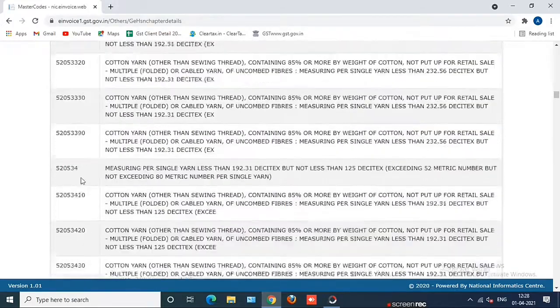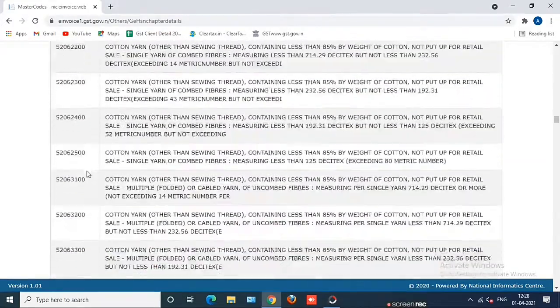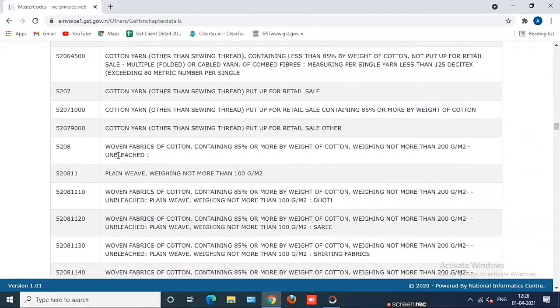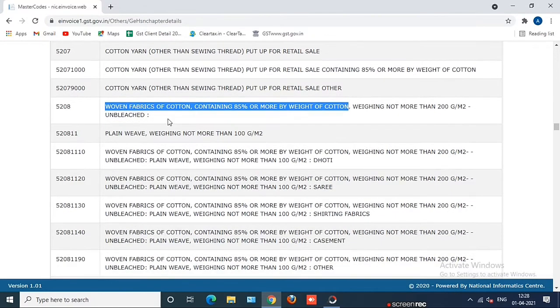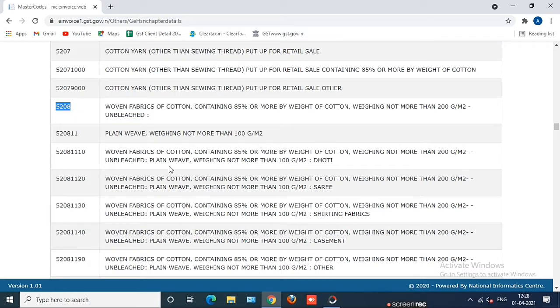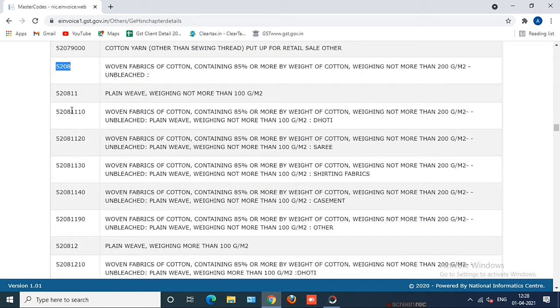It's already a 4-digit HSN, 5208. So here is 5208, woven fabric of cotton containing 85% or more by weight of cotton. Generally in a suit, 85% or more by weight of cotton is there. So for selecting specifically what your cotton weight is, you need to search in the HSN below. For example, if your weight is more than 85%, then you can select